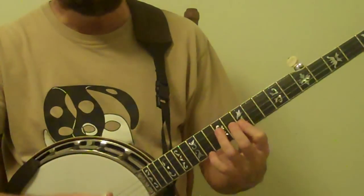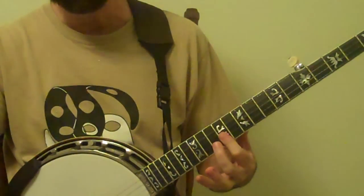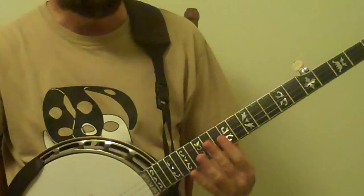When you're playing against the 10th fret, you're really playing off the top of a D7 chord. That's the reason you only have to move 2 frets from your G chord, which is a bar, to a D7, and you actually end up playing the exact same lick. So the entire break